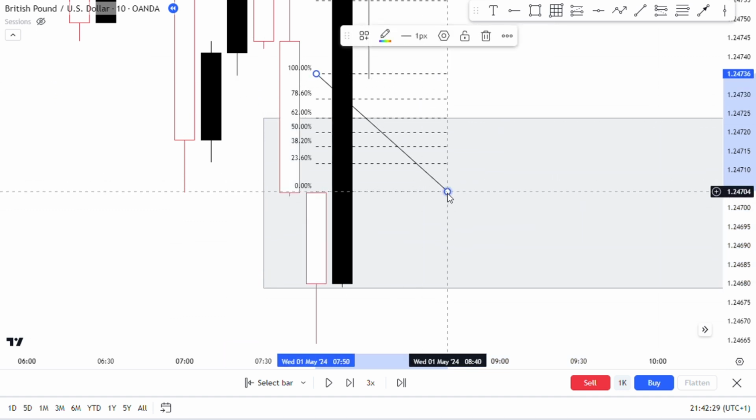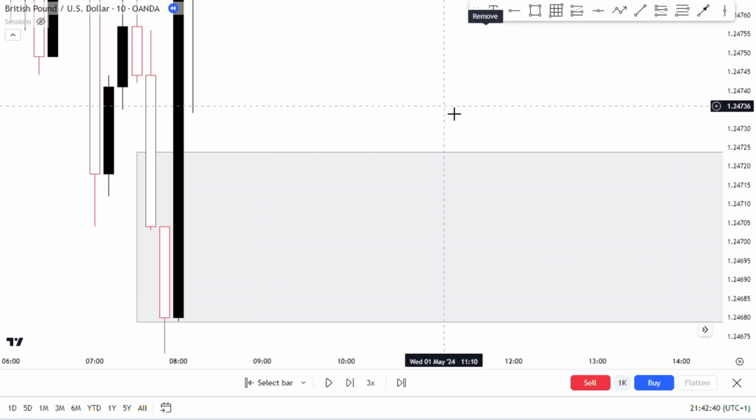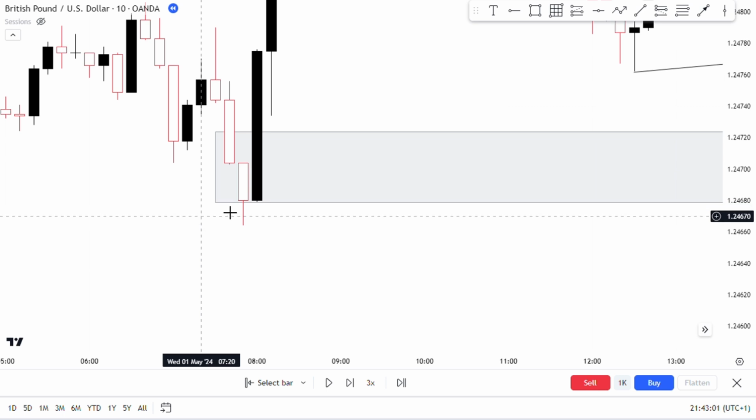So this 50% line in between here, we have 50%. So we have 62 above here, this 50%. So this is where our entry is going to be. So let me delete this. Price is going to tap into the fair value gap sometimes, and then keep on going on a bullish trend. So you have to secure your trade, and then you can set